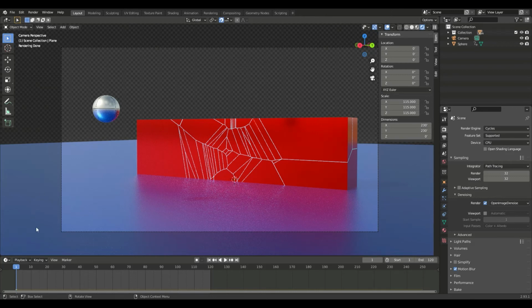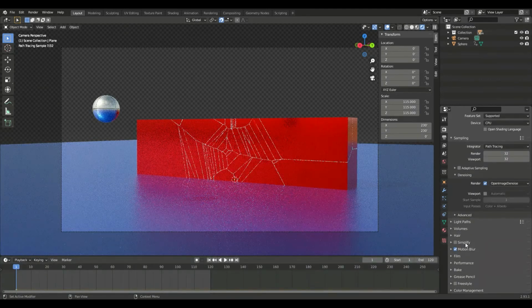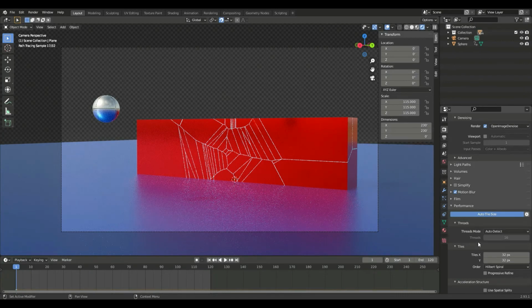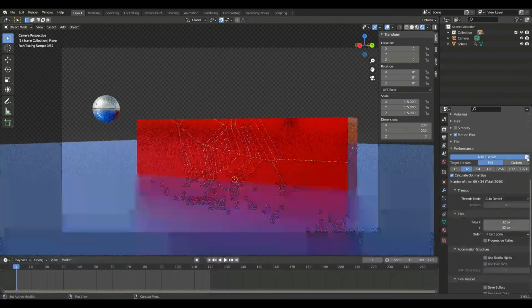Now, as you saw, there were tiny little outline squares going around it, and for my computer, that's not optimal. So we're going to go down to performance, and I have a thing enabled.